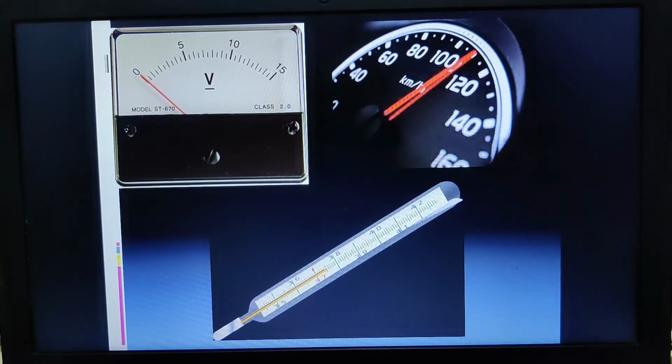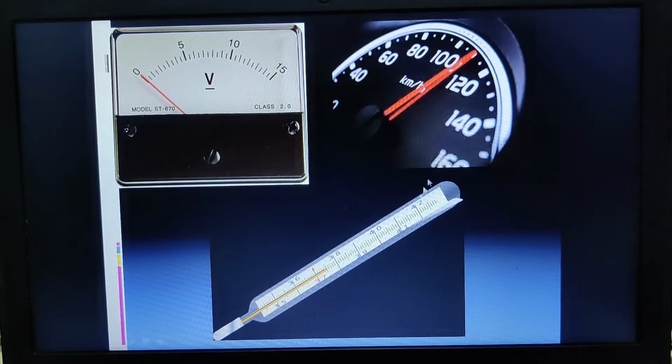And here all the calculation takes place in parallel, and hence they are faster. Parallel processing in the sense what? Simultaneously they can process your data. So multiple operations can be performed at a single point of time. That is parallel processing. If the computer is able to perform more tasks in a given time, obviously the speed of the computer will be fast. So in an analog computer, calculations take place in parallel.